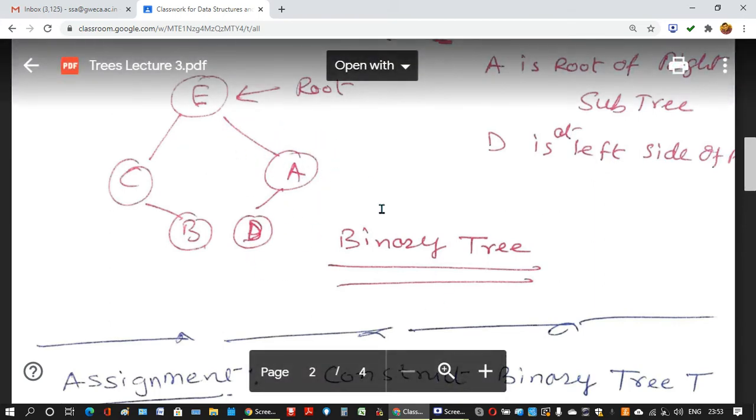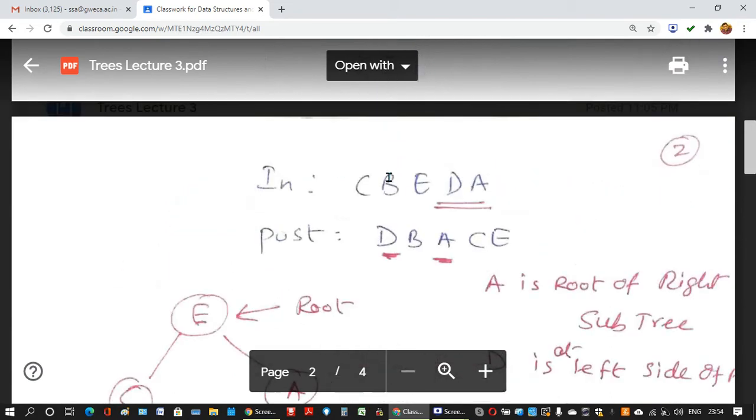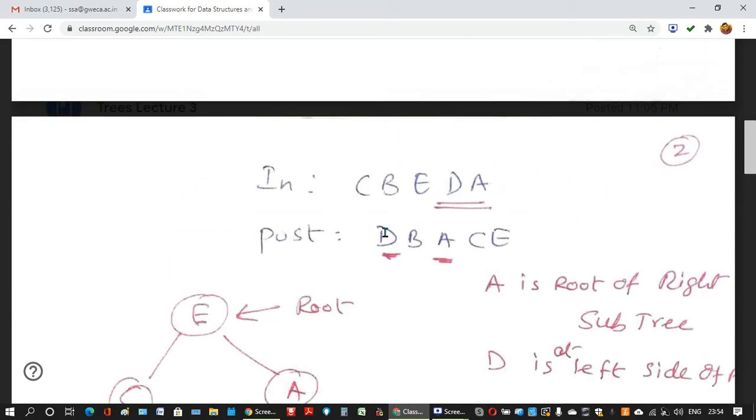So this is the binary tree for which we can say that these are the in-order and this is the post-order. So what you do, you only identify the root from post-order, and then you take C, who will go on the left side, who will go on the right side, and out of those nodes you see who will become the root, because you have the post-order traversal out of it.